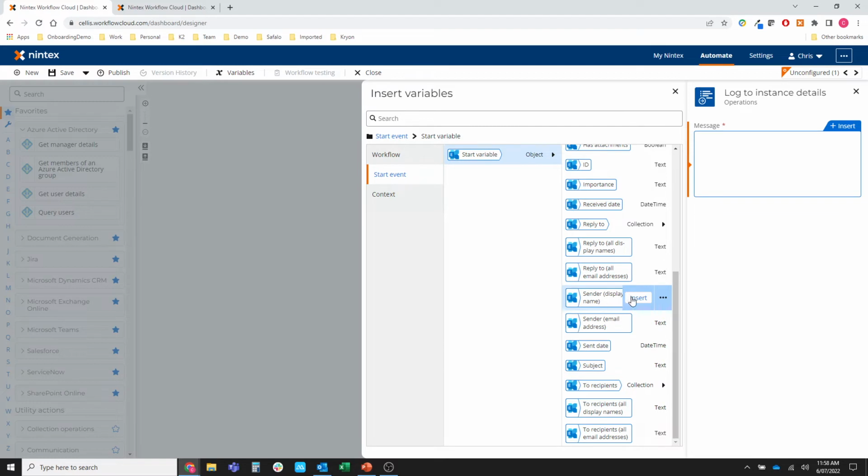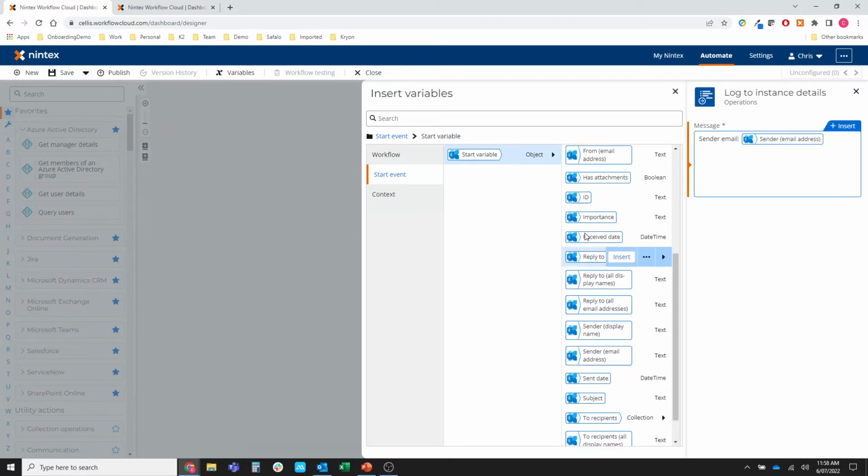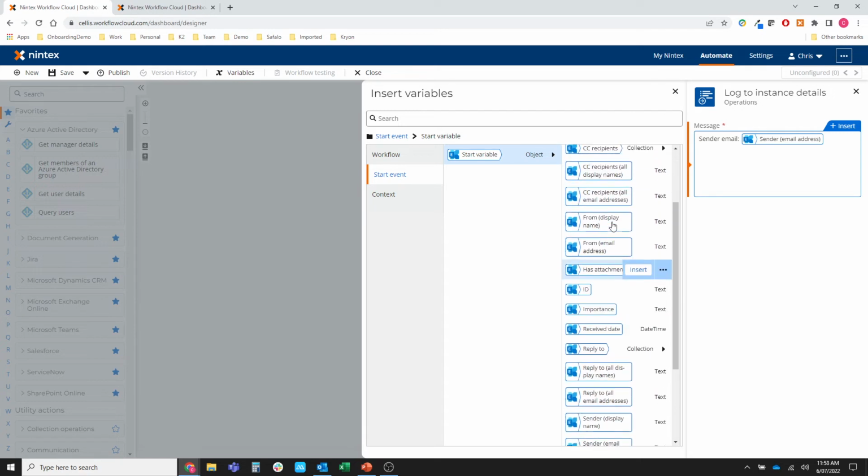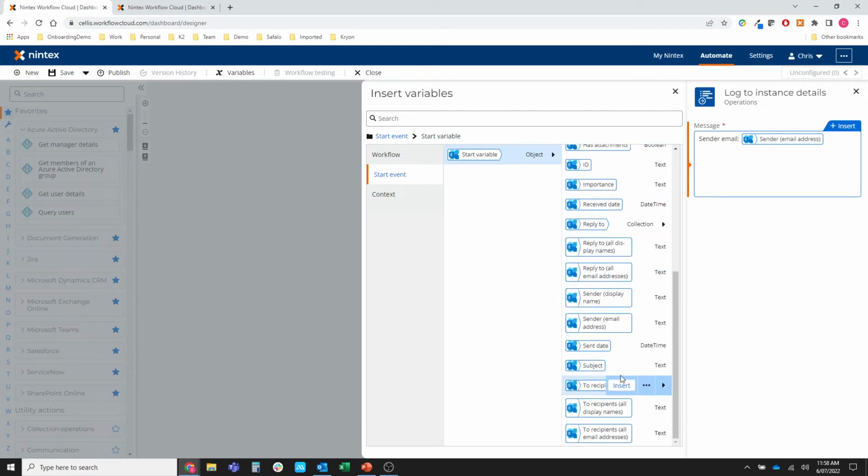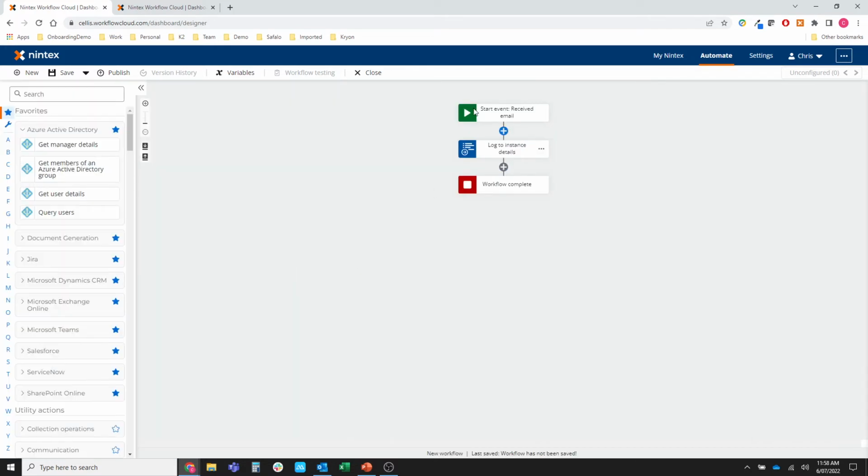So I might just quickly grab, let's just take the sender email address, pop that in there, and I'll just put a quick identifier. So we'll just call this sender email. And that's what's going to be returned. Obviously, you can take things like body, you can take attachment information, and so on. So I'm just going to close that down. I'm going to publish this. Obviously, I could go through